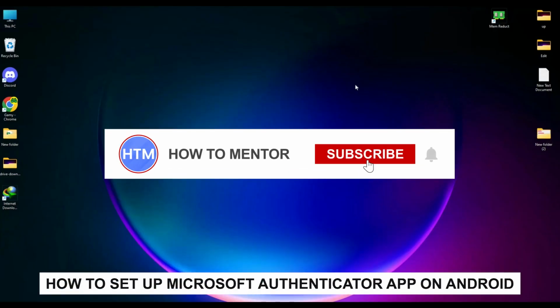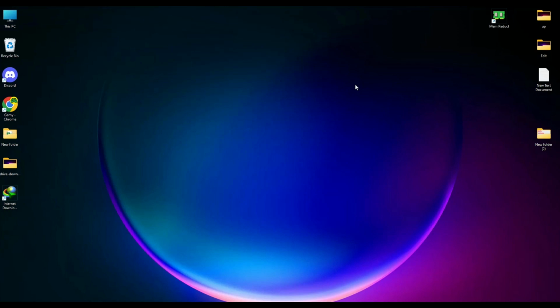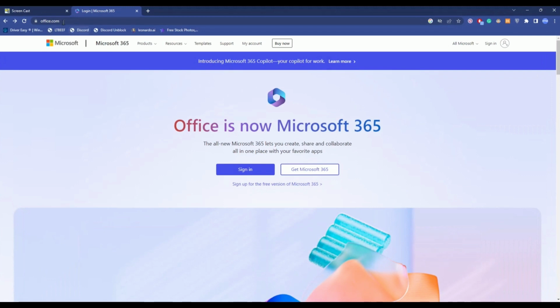Hello guys, so if you're looking to set up Authenticator app with your Android device, you have come to the right place, because today in this video I'm going to show you exactly how you can do that. Now firstly, go to a browser and just simply search for office.com,